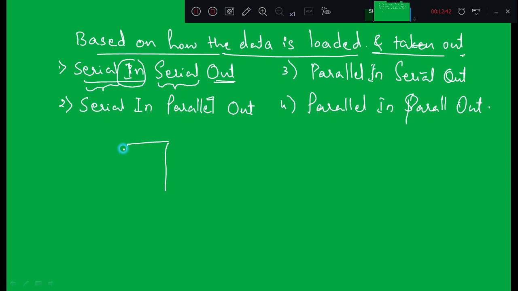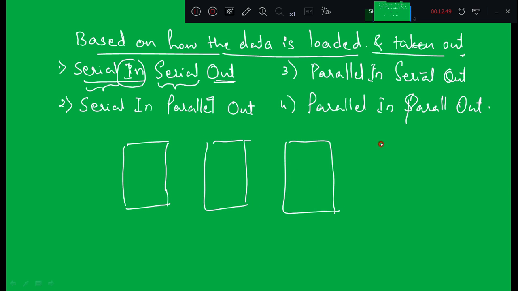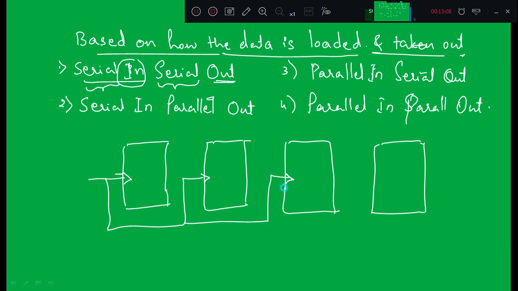So here again we are dealing with 4 D flip flops which are connected in cascade. In all these operations we are going to make use of 4 D flip flops, and what are the differences, that you will come to know now. Okay. Same thing, either you explain left shift or right shift operation, that gives you the serial in and serial out concept. Okay. So here this is the control input, which we call it as clock,